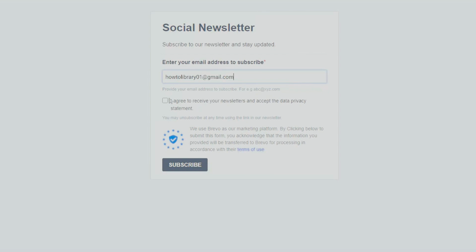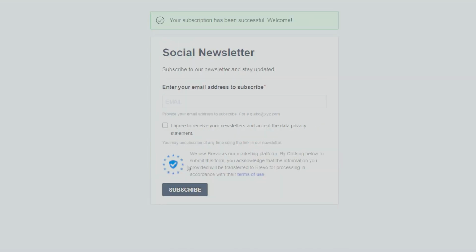And then click on the agree, and then we will subscribe. Here we are. As you can see here, your subscription has been successful. Welcome. What would have been useful is, if you recall, we added double opt-in information where we wanted to send an email to our contact to click the link to activate or to accept to be added into